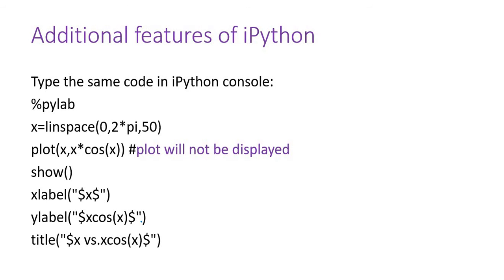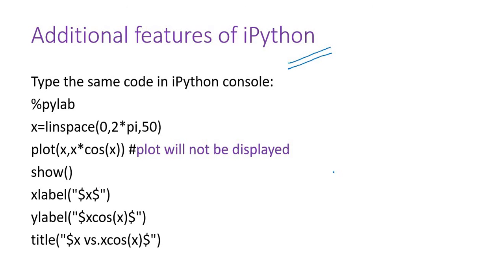Okay, so for user input, I'm going to use the input method. Basically it will take the inputs in string format. Then we need to go for casting to change that string to the required format. Then, what are the additional features of IPython, interactive Python? Okay, what are the additional features? So let me take